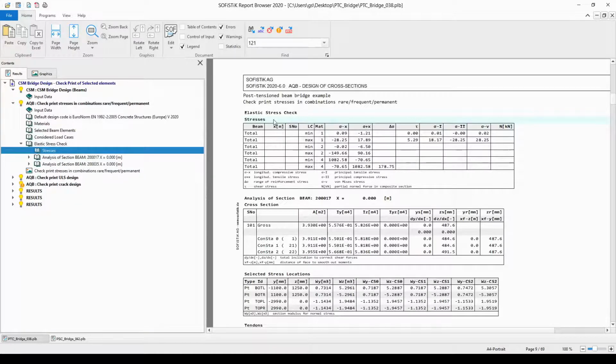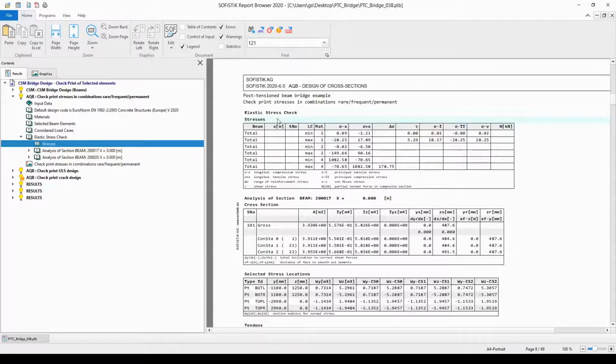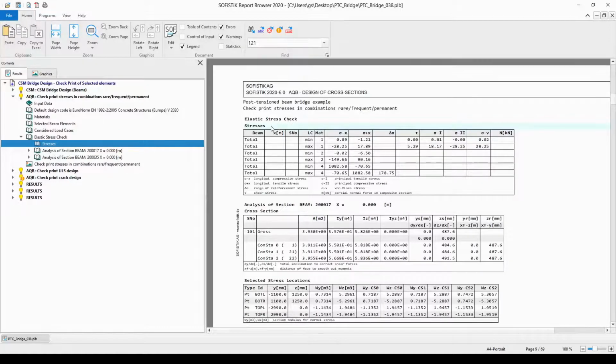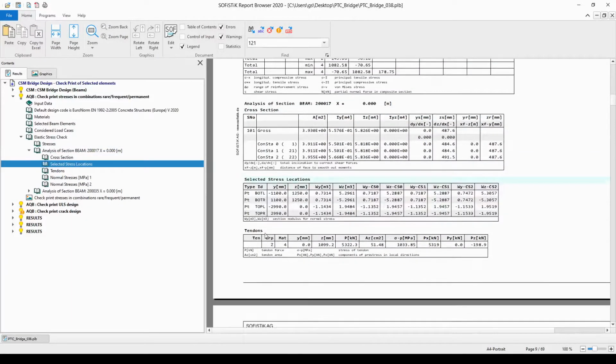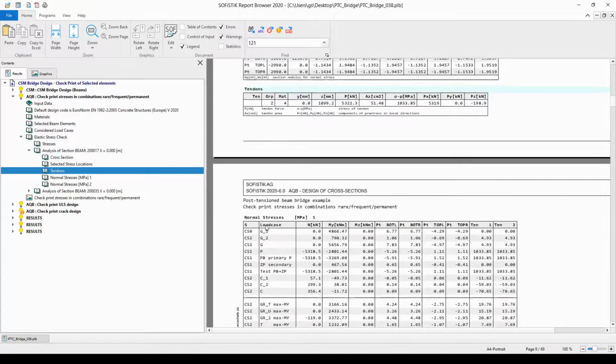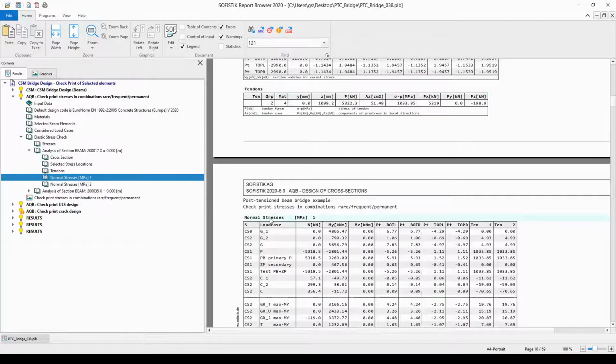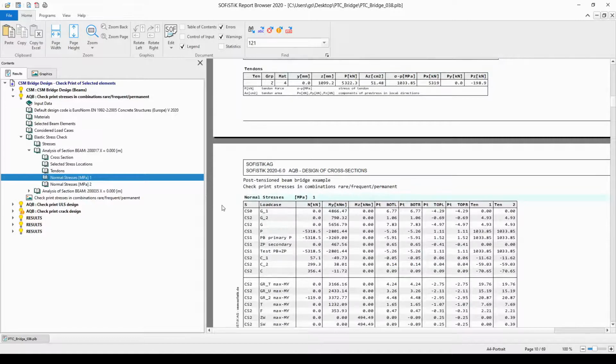I have already provided a detailed explanation for the forthcoming tables, which can be found in chapter 10 and called Report Browser Output with Check Print. In the aforementioned previous video, I have already explained the content of the table cross-section, the selected stress locations, and the tendons. So now I'm just simply going to skip the explanation of these tables and start the introduction of